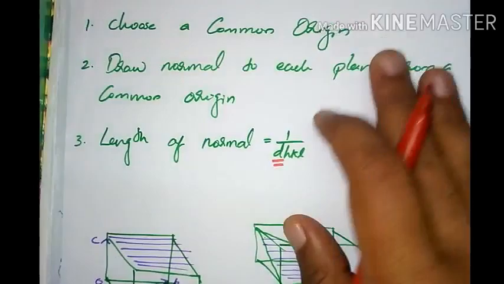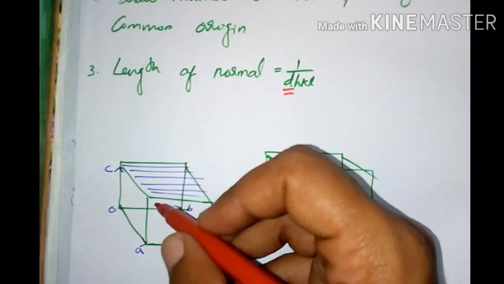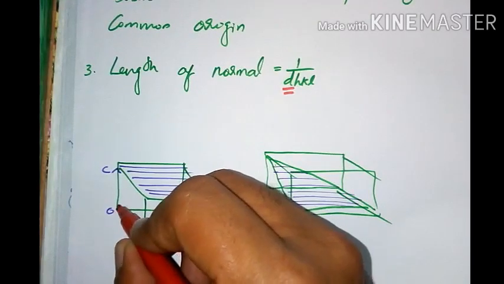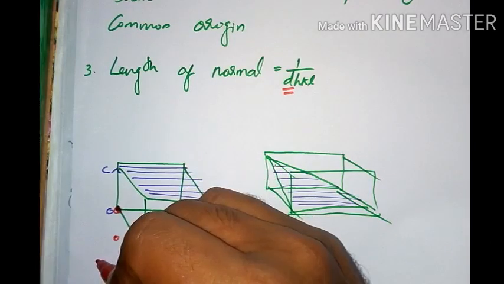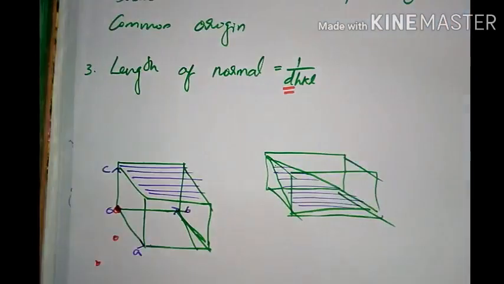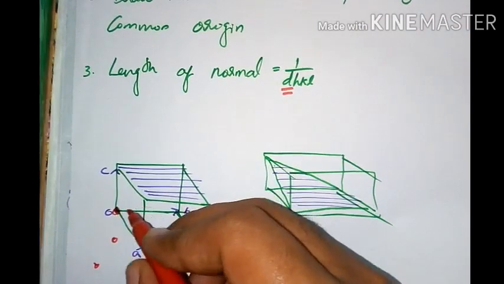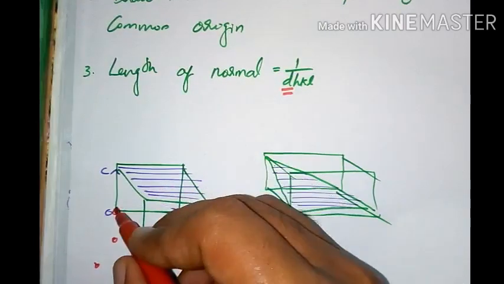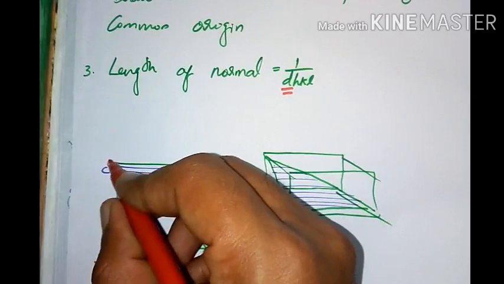So I will demonstrate one example here. First we have to choose a common origin. So I choose this point as a common origin. This can be any point, this point, or you can choose here, or it is our convenience to choose from our origin. Okay, now I choose this point as my origin, and now I draw a normal to this plane. From this origin I am drawing a normal to this 0, 0, 1 plane,